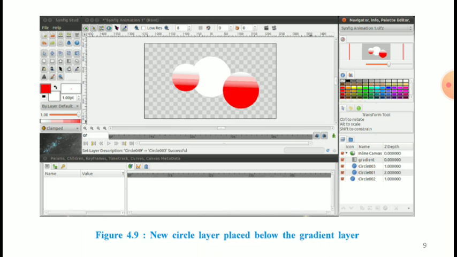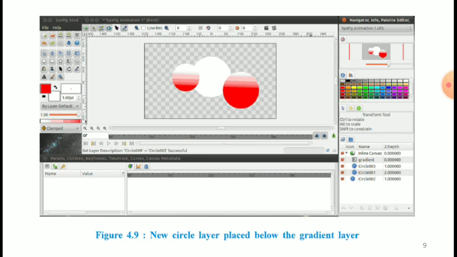Here you can see the gradient is applied to all the objects inside the encapsulated area. So that is the slide for figure 4.9, new circle layer placed below the gradient layer.